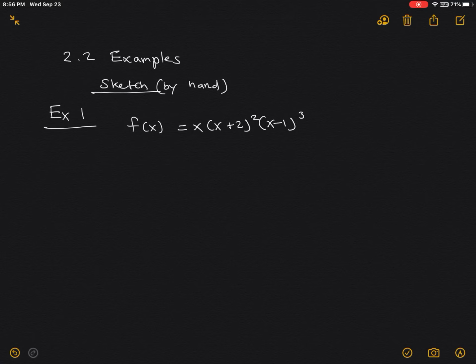All right, so the first thing I recognize is that this is in intercept form. And in order for me to use the leading coefficient test, it needs to be in foiled form. I don't need to foil the whole thing. All I need to do is determine the leading coefficient sign. When you foil this, the leading coefficient is going to be a positive number. And at the same time, the degree of this function, this exponent right here is a 1,